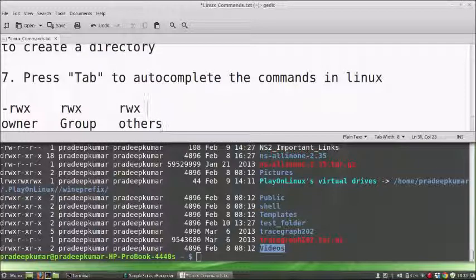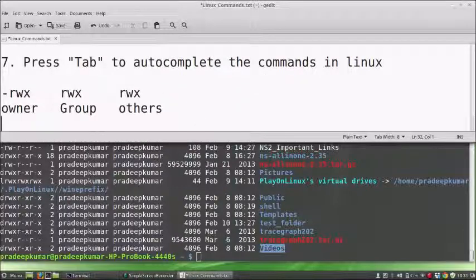So what kind of permission are you giving to this file as an owner? Then as a group: suppose in your class or in your group there are some 25 members. Between the 25 members, you want to share this file, you can use it. And others means other than the group and other than the owner, if there are other users, what kind of permission you want to give. Now one example: in my case I use rw-r--r--.